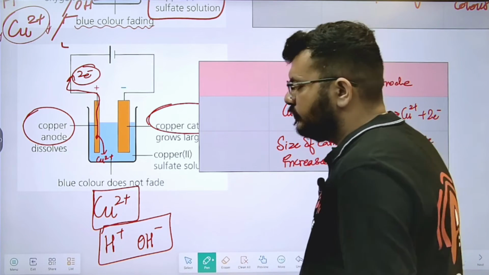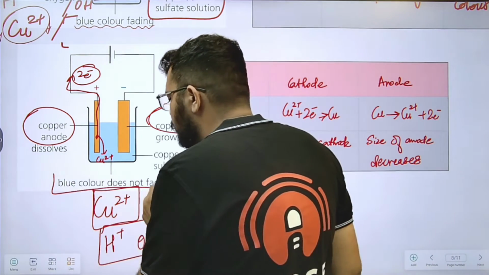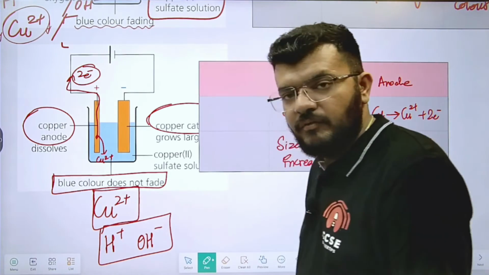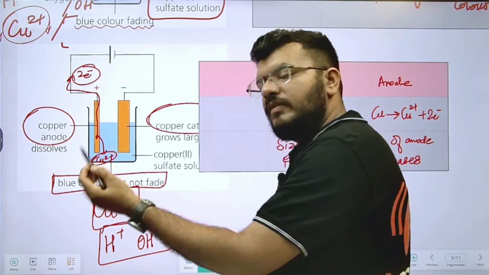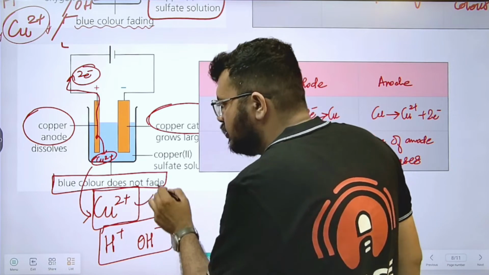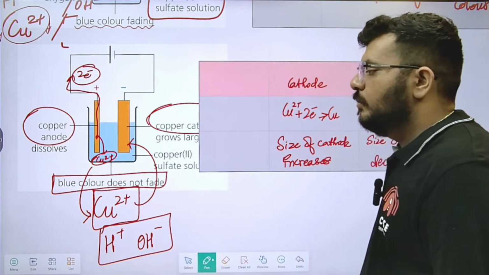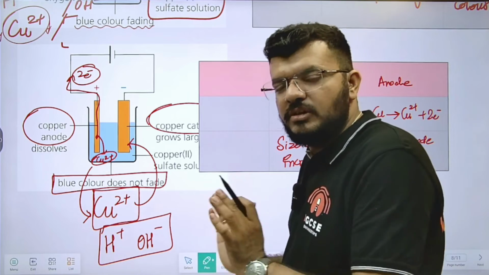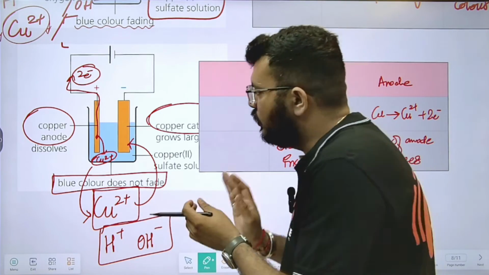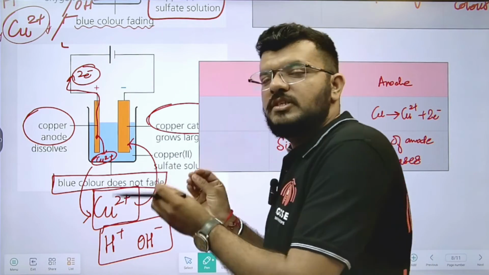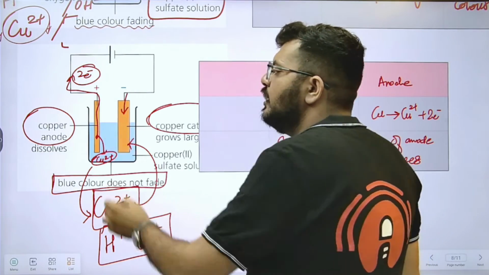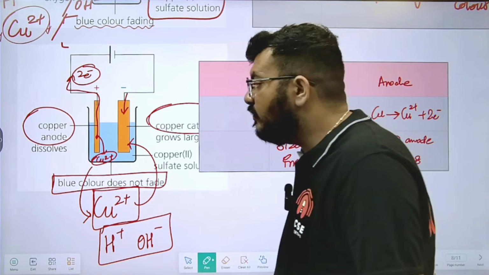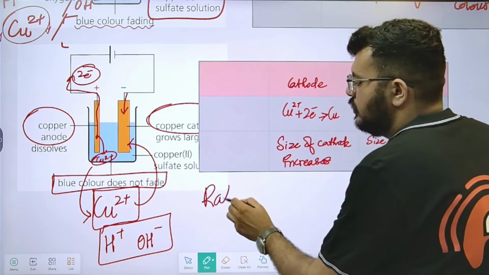Okay, now they are saying that the blue color does not fade. Why so? Because what is happening here? The anode is giving Cu2+ ions and the cathode is taking these Cu2+ ions. But because the current is constant in both directions, only then can the mass conservation be maintained, right? Only if 2 electrons go from here, 2 electrons can be accepted here. Therefore, the rate of